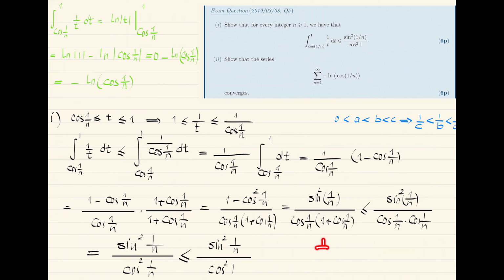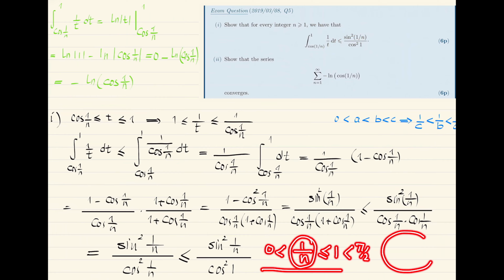Because 1 over n is less than or equal to 1, because n is a natural number. If I put n equals 1, then 1 is equal to 1. But if I increase n, 1 over n is definitely smaller than 1. So 1 over n is definitely less than or equal to 1, and of course I know this is positive. And because 1 is less than pi over 2, 1 over n is definitely in